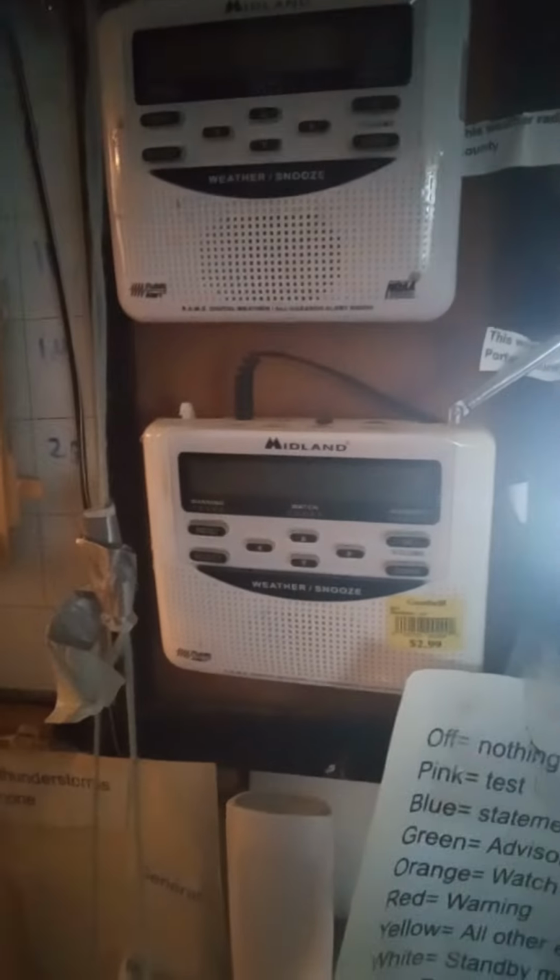Hi everybody, you are looking at my weather board. I added to it over the years. So this is what you would see from the side of the board. And all it is, it's a dry erase board that I transformed into my own personal weather board. And stuff like that. So yeah, so this is my